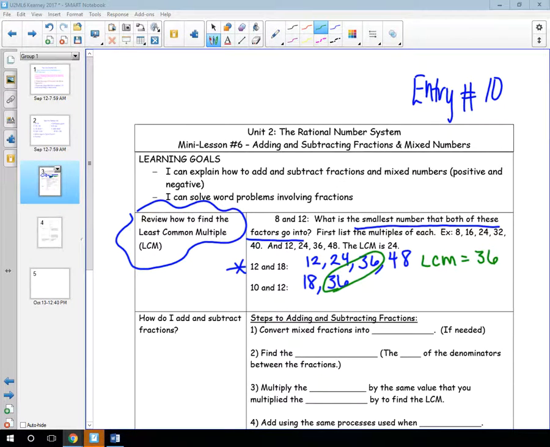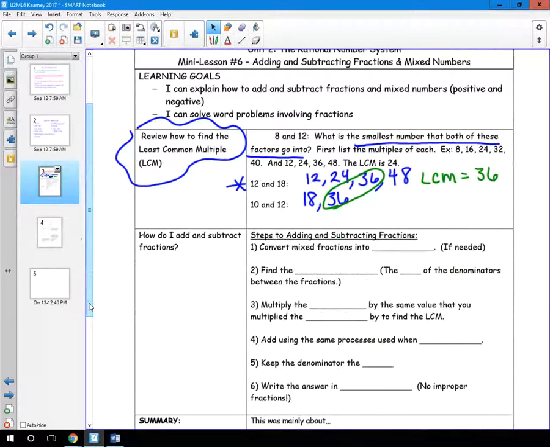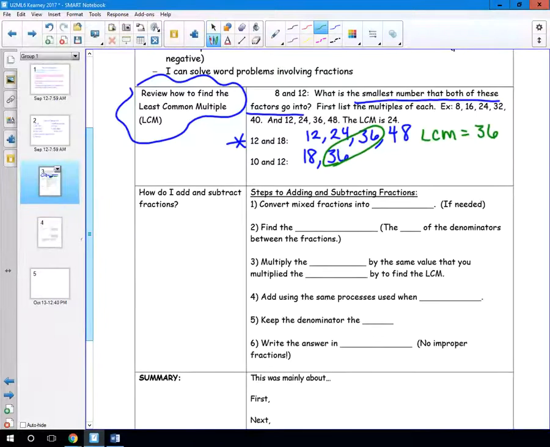Okay? So let's jump right into the steps of how to add and subtract positive and negative fractions. Our key question is how do I add and subtract fractions? What I'm going to do is give you an example, and as we work through this example, we're going to look through the steps to help us solve this. So I want you to consider the following example. I'm going to give you the problem